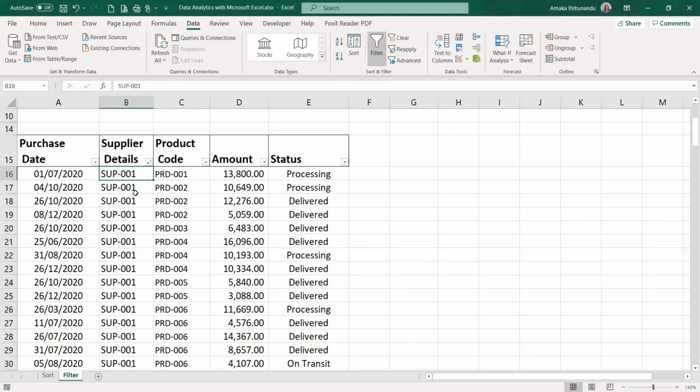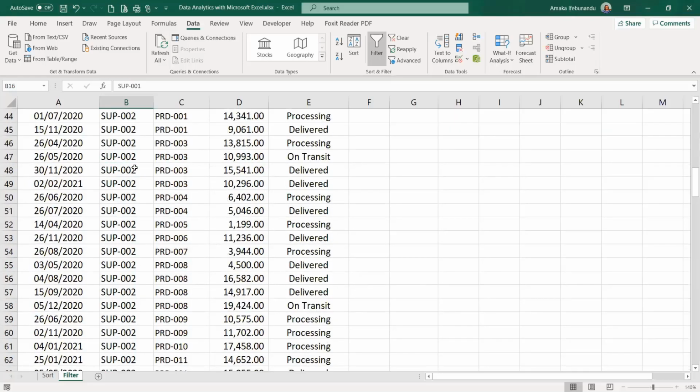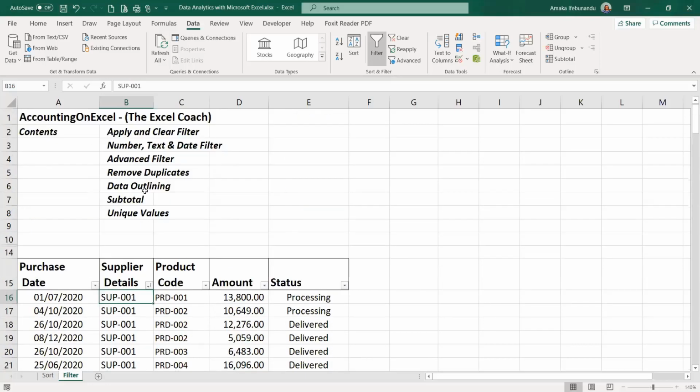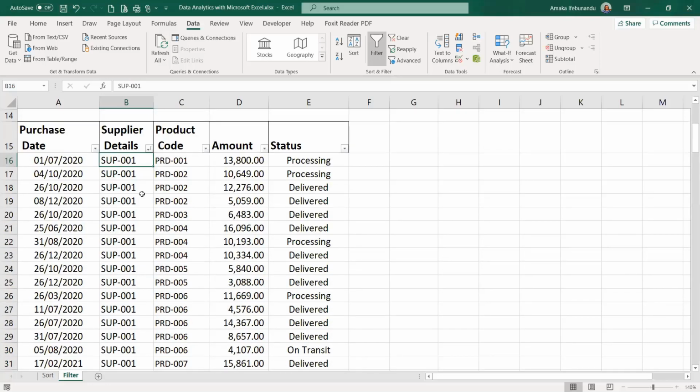You sort that column based on A to Z. After you sort that column, notice that we now have supplier 001 first, subsequently supplier 002, supplier 003, and to the last supplier. The best thing you would do is to go to your data tab under the outline